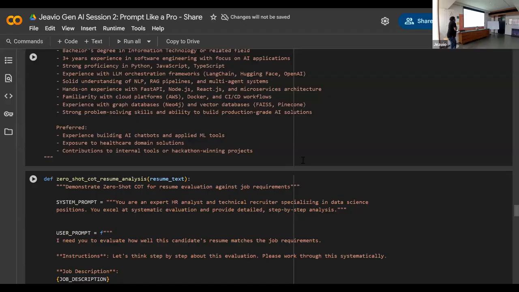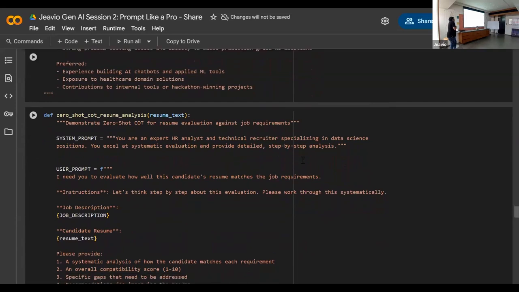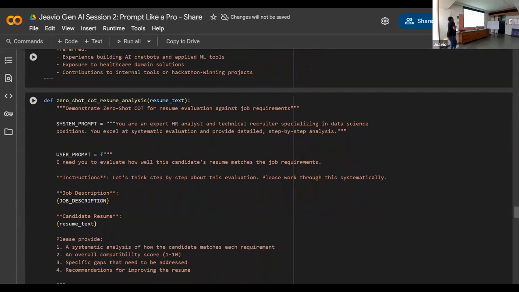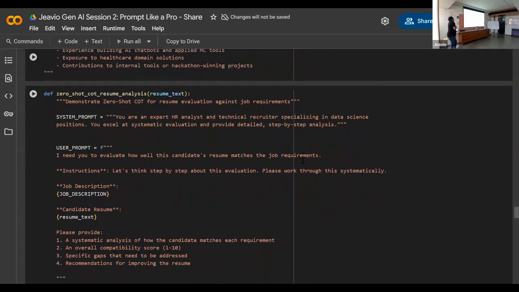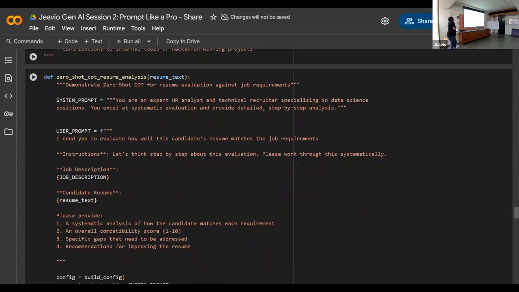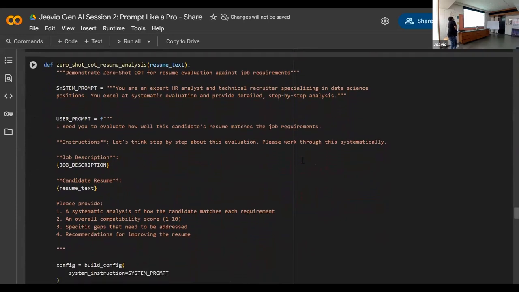Then: please provide a systematic analysis of how the candidate matches the requirements, an overall compatibility score out of 10, specific gaps that need to be addressed, and recommendations for improving the resume. So we execute this.